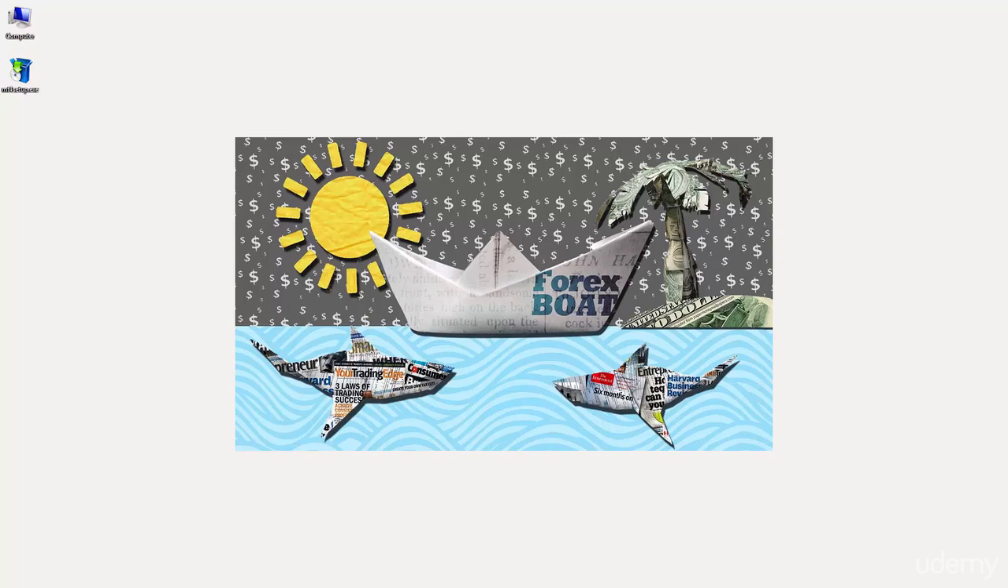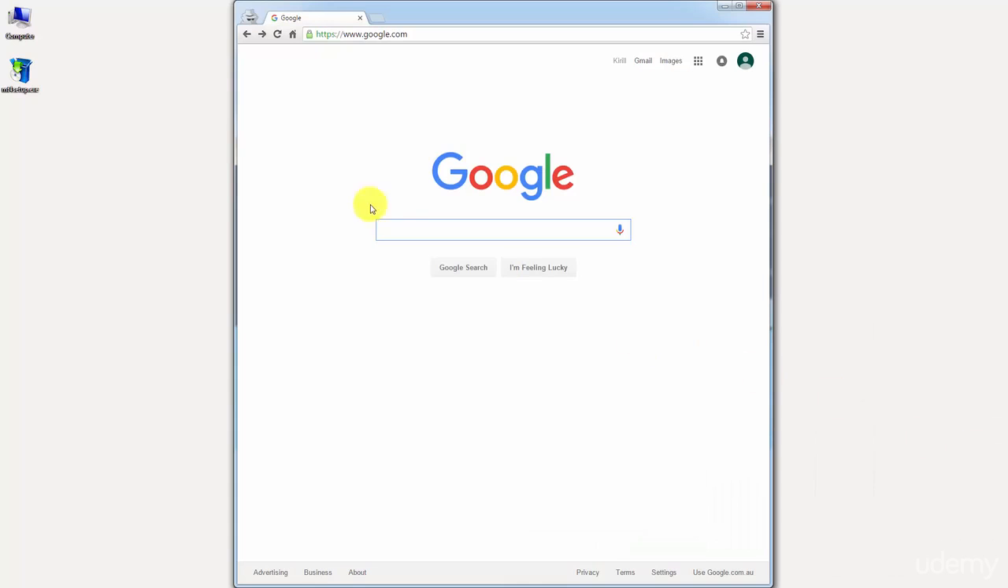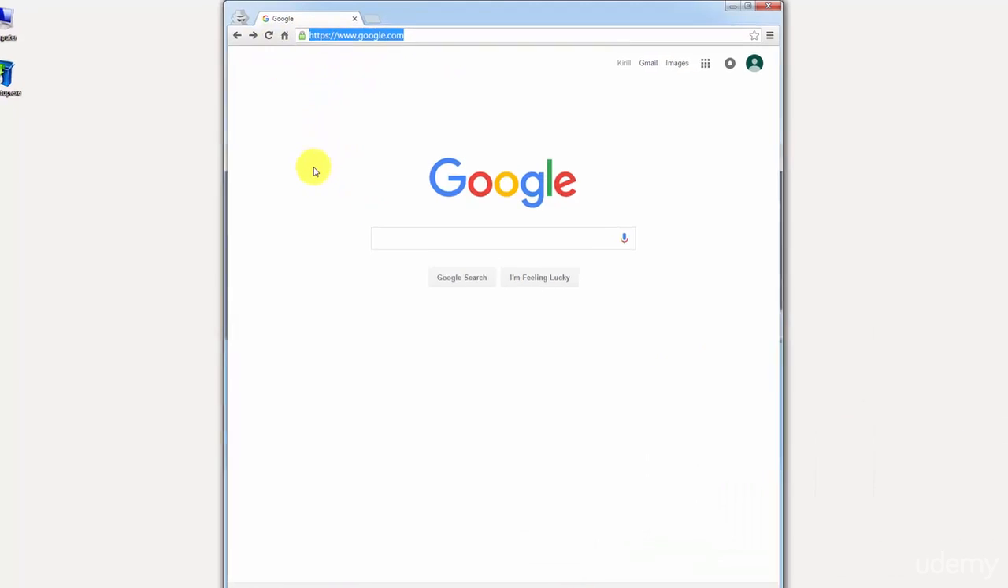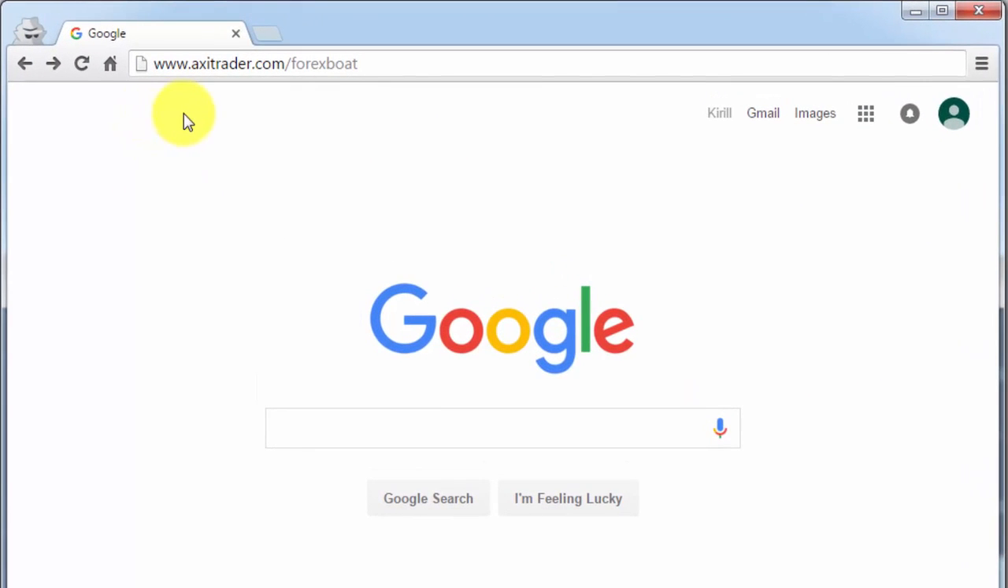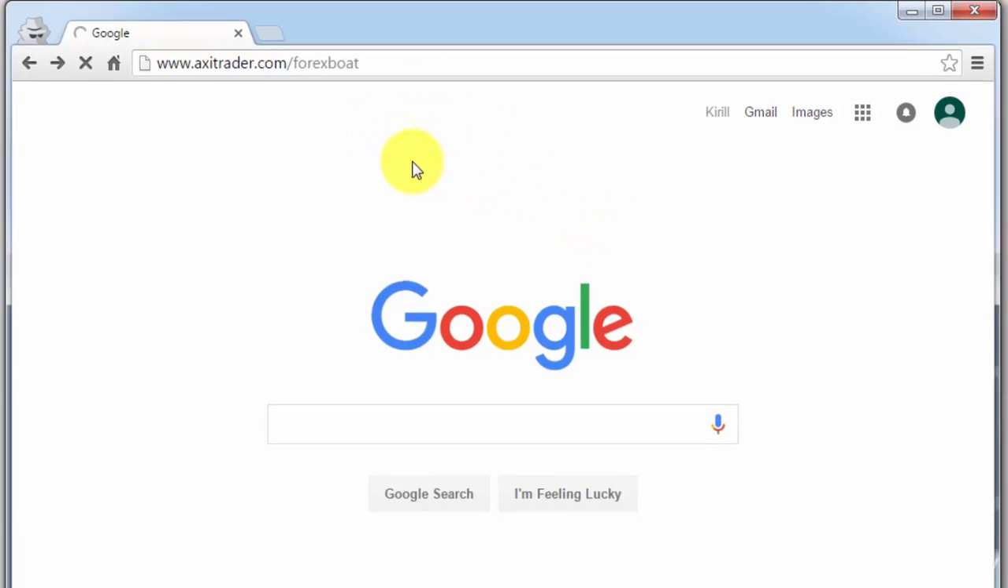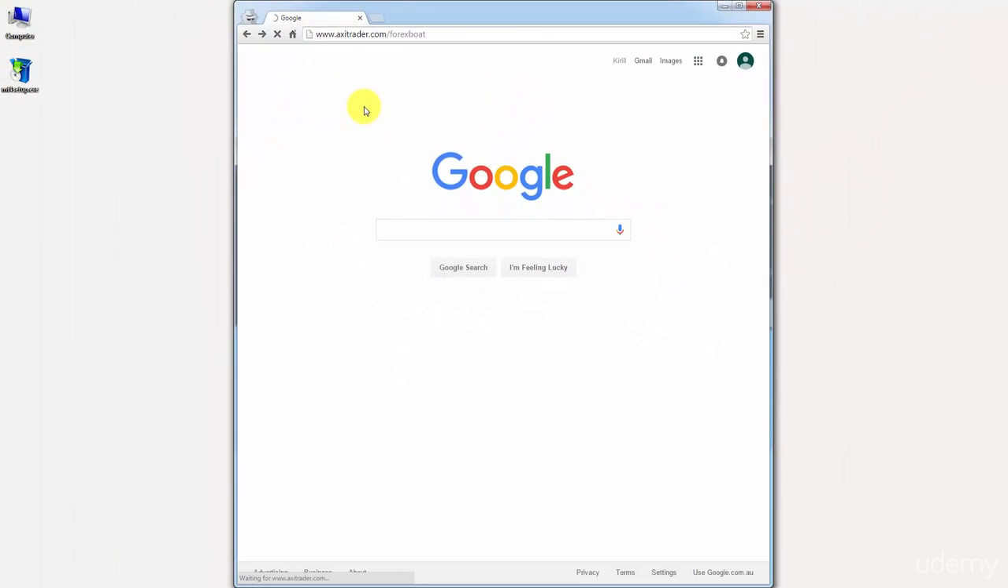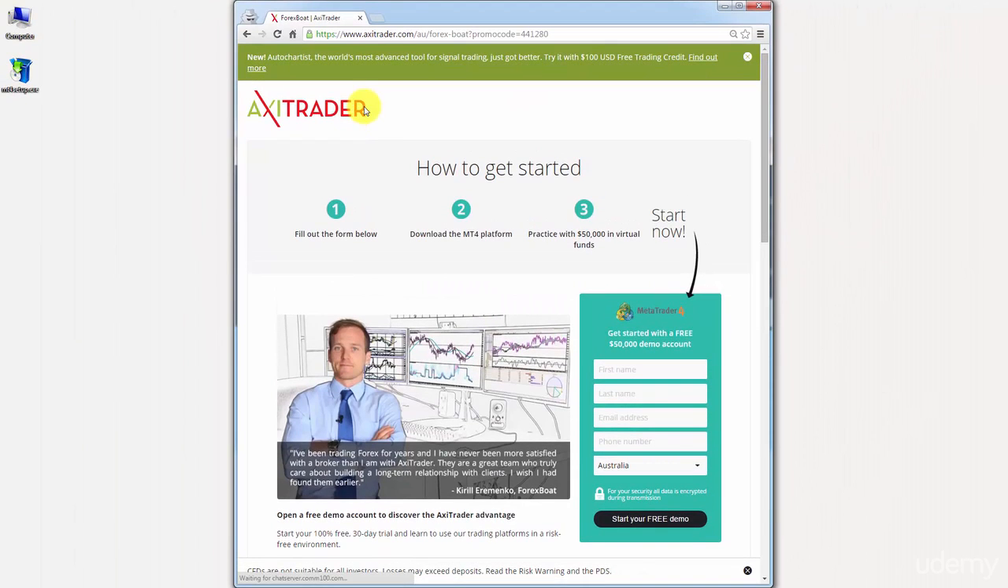We're going to start off by bringing up a browser. And here in the address bar, we're going to type in the following URL: www.axitrader.com/forexbot. So once you've typed that in, go ahead and click enter to load the page. Now, if we give it a couple of seconds to load, once the page is up, what you can see